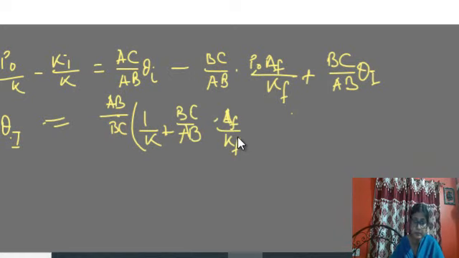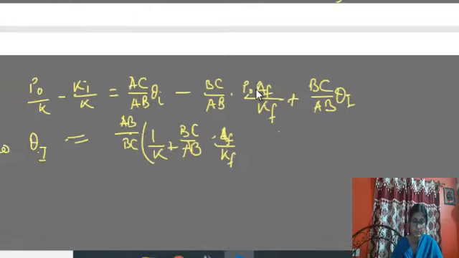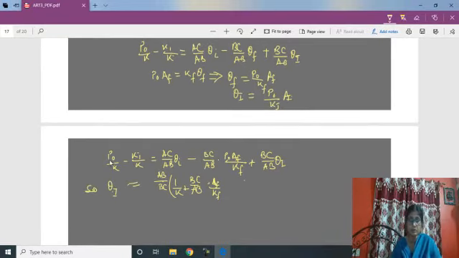I'm writing this from this term, BC by AB, AF by KF, taking the common term P0. AC by AB into 1 by K, this is from here, and next is BC by AB, AF by KF into P0, minus